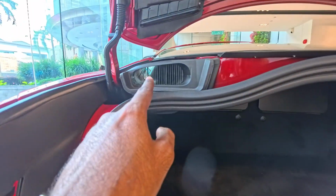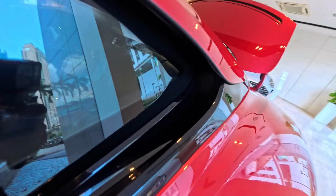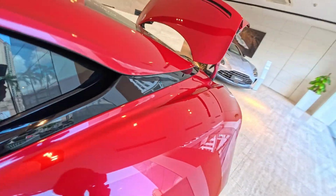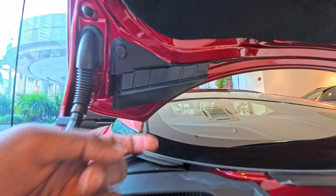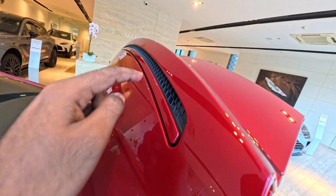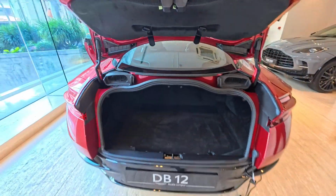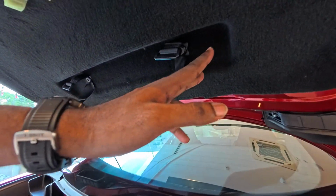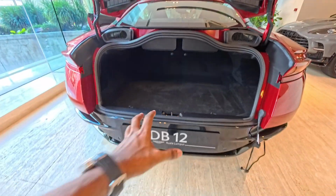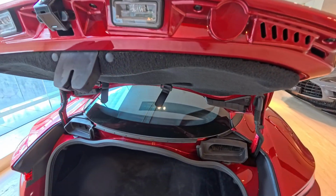Airflow that pops in from the side of the vents that we have right here. Can you see that? The opening airflow exits out straight towards this side, but goes through on this side up here, exits out on this side. So it acts as a way for the rear wing to give it some sort of downforce. It's amazing indeed. Your warning triangle is located right here on this side. Number plate goes right down there. So beautiful indeed. Now let's close this down